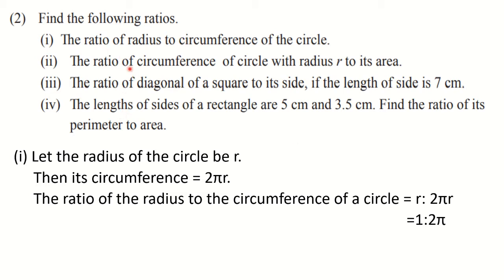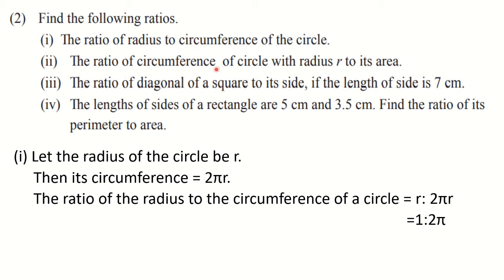When I taught you, I discussed all the sums. So similarly, you will solve them. For example, where circumference and area are given, their units are different, and we have studied in properties that whenever we want to find ratios, their units should be the same. So here we have to make a change.